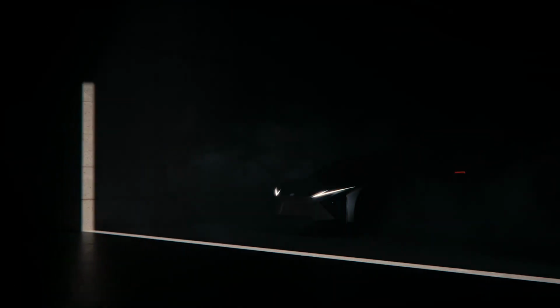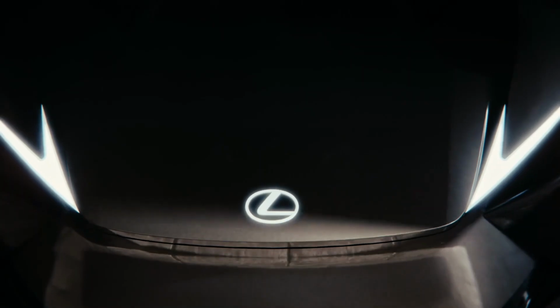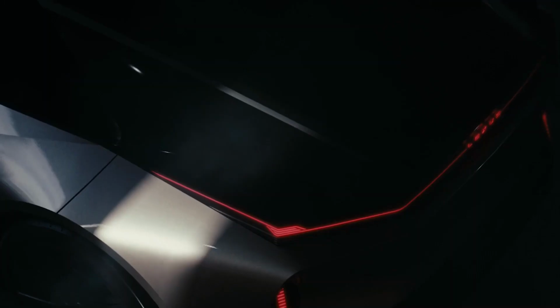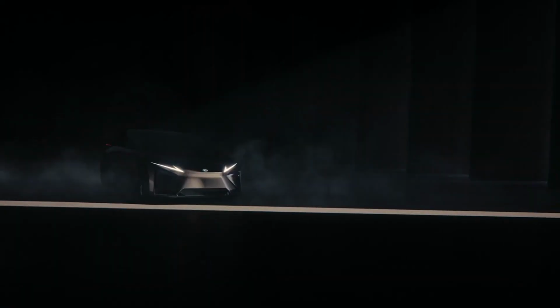Lexus turned heads at the Japan Mobility Show in Tokyo by unveiling the striking LFCC concept, a next-generation BEV that previewed the production model to be launched in 2026. LFCC, which stands for Lexus Future Zero Emission Catalyst, is supported by a new EV architecture and has a modular